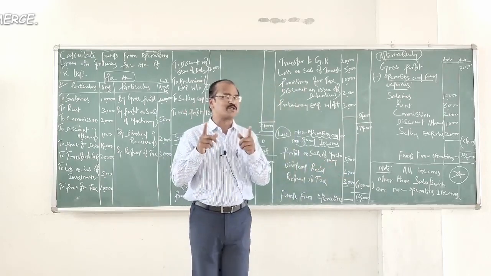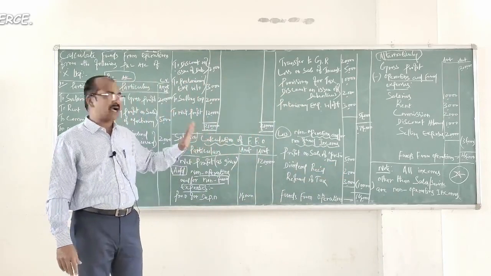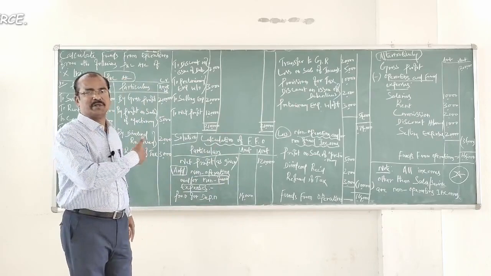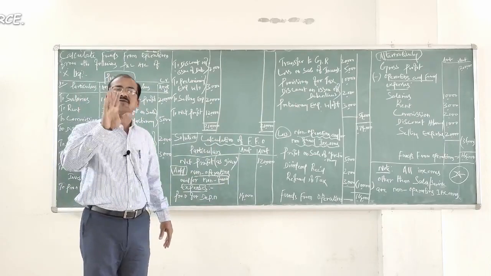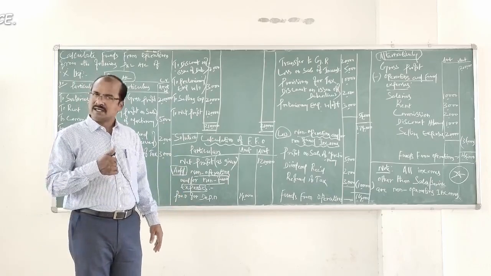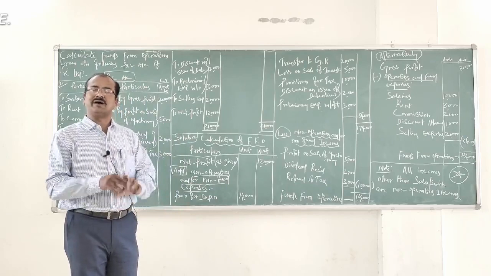I hope you understood my lecture over the two methods which I have explained with regard to the calculation of funds from operations, from the problem where the profit and loss account of X Limited is given for a given period. This is an interesting problem. I suggest you watch the video a few times.